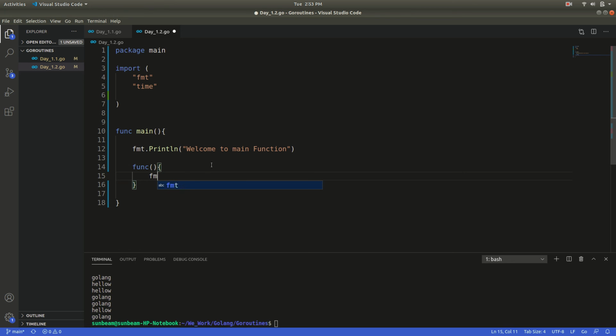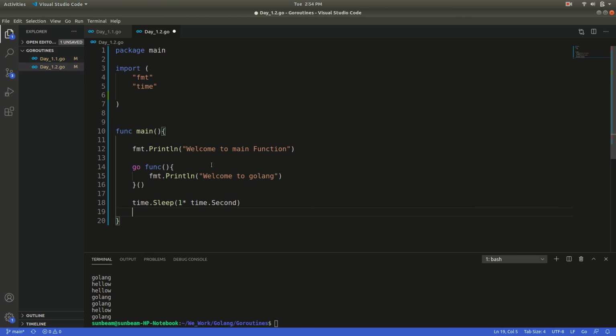Okay, fmt dot Println, welcome to Golang. Now calling it, and write the keyword go. Okay, now time dot sleep 1 time dot seconds.